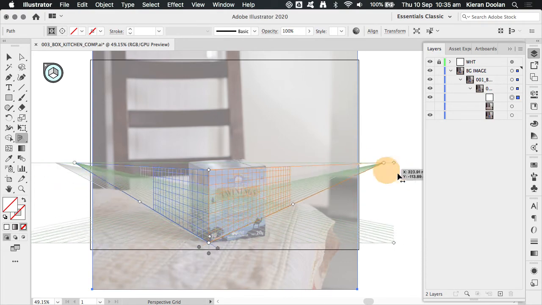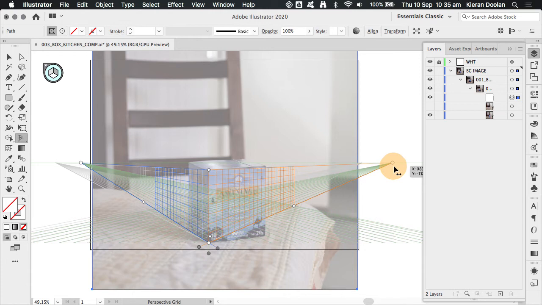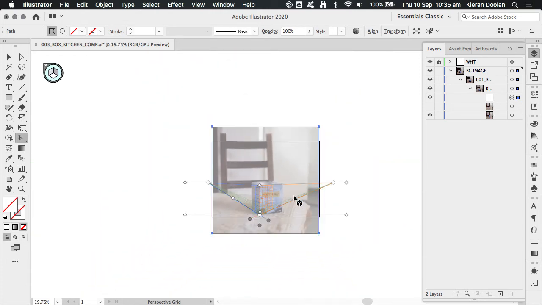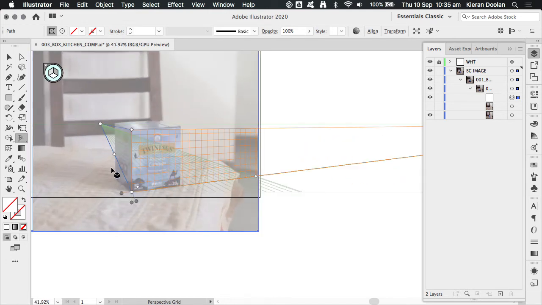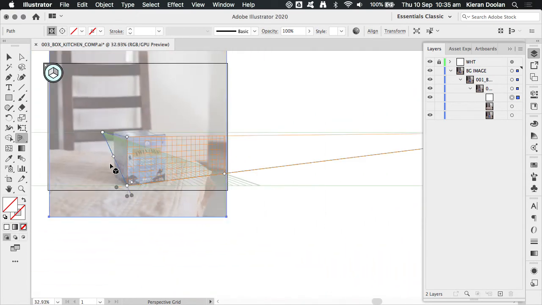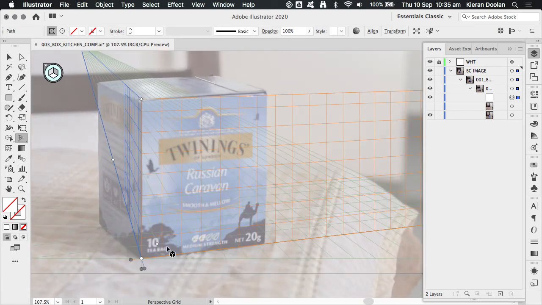So, at the moment I've got what are called the station points locked together. So I'm just going to see if I can drag out this side to have it approximate the kind of angle that I need to be on. I think I need to lift the horizon line a little and perhaps drag it a little bit further. As I meant that, so that's pretty good. That's flush along the bottom there. I could probably